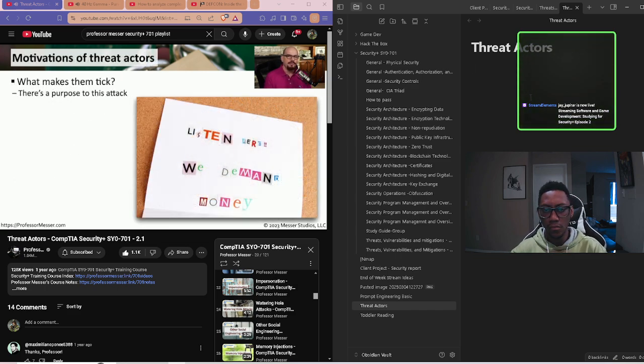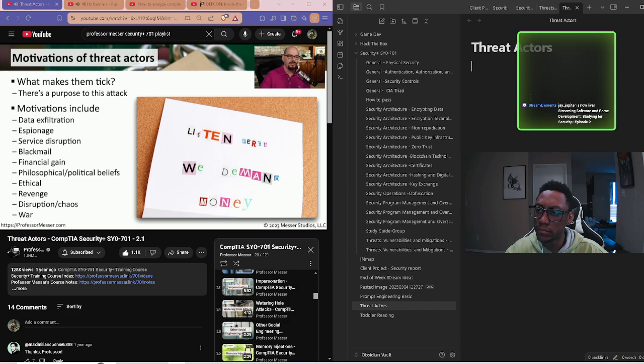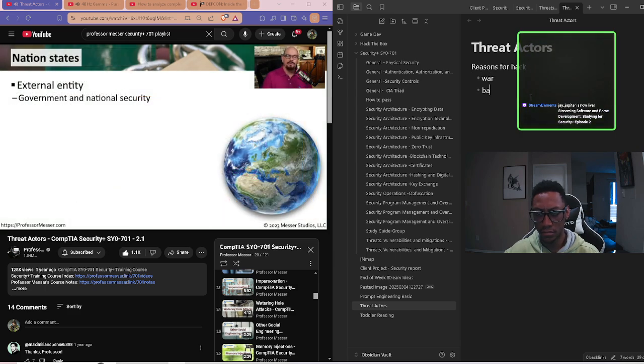One of the comments I'll often hear from others when describing certain attacks against organizations is they'll ask, why would somebody want to do that? Well, the answer is many, many, many different reasons. There could be a need to find data and be able to exfiltrate that data from the organization. This may be a competitor performing espionage, wanting to know what another company may be working on. Maybe they're just trying to disrupt the service in that company to create problems for their customers. And there could be a number of different motivations, and that simply depends on the situation, the attacker, and who's being attacked. Let's step through a number of different threat actors and see if we can figure out what their motivations might be.